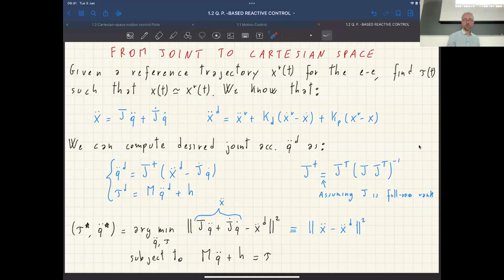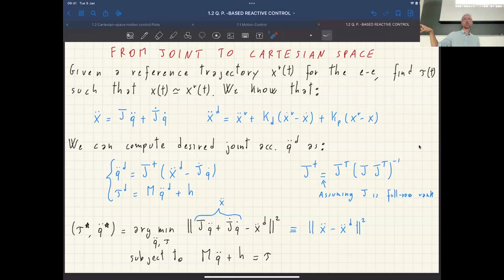So I could simply plug that value in here, and then I would get a system of equations which is linear in Q double dot, and I could try to solve them to compute the joint accelerations that correspond to my end effector accelerations. And once I know the joint accelerations, I simply recover the joint torques using the